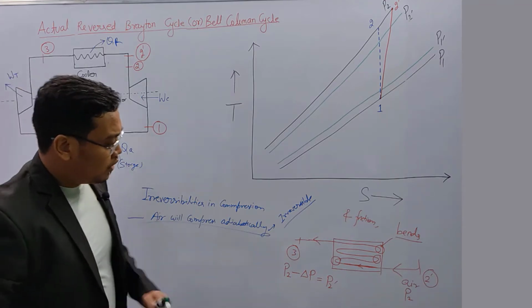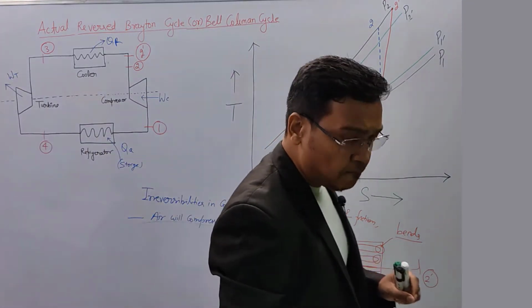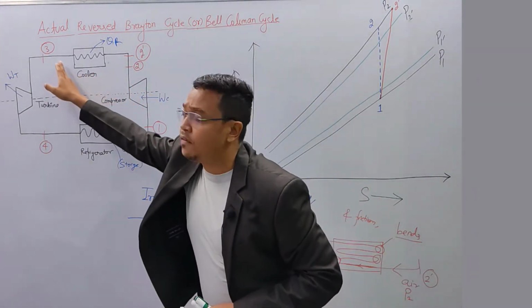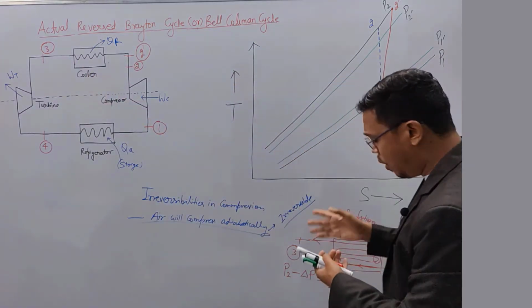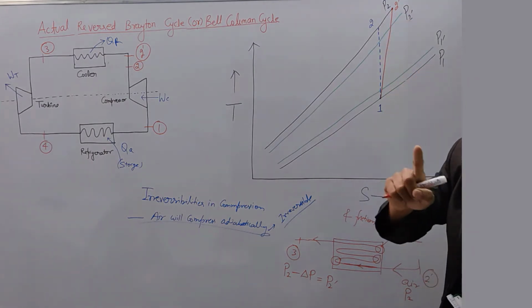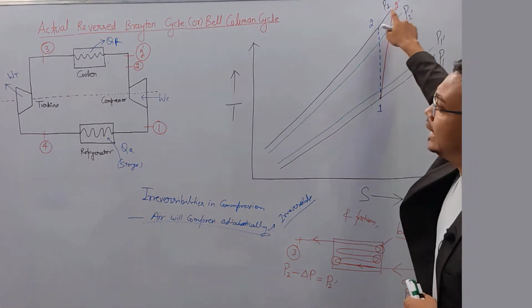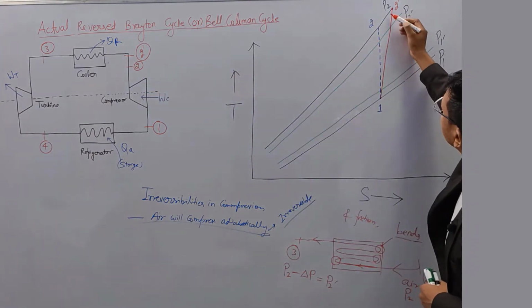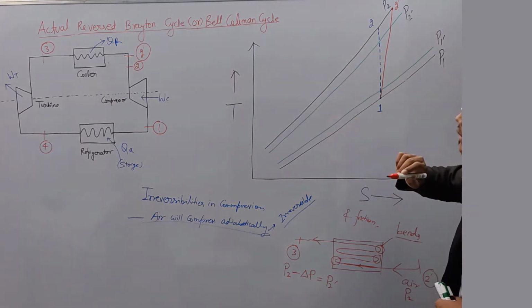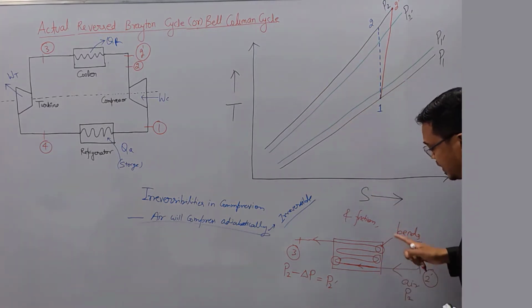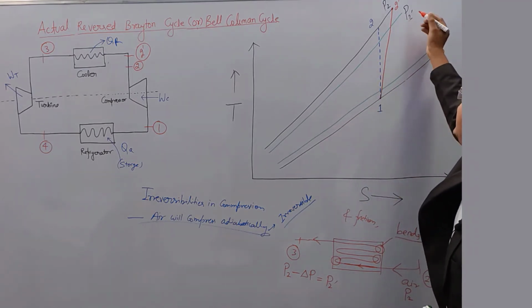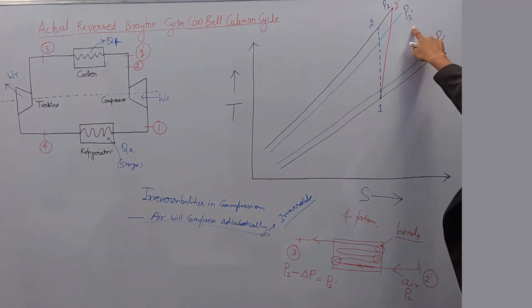Okay. So this pressure will be the exit pressure of air out from the cooler. Now, if the process goes from 2 dash to 3, it will be the ideal reverse Brayton cycle, at pressure P2. But here, due to losses like bends and friction, pressure will reduce, up to point P2 dash, up to pressure P2 dash.